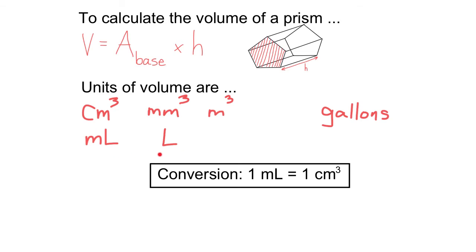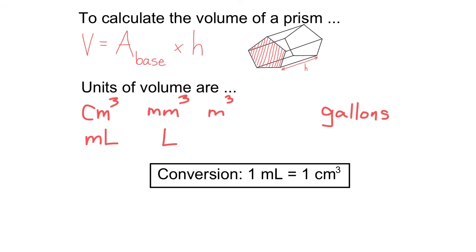Now these units of volume, milliliters and liters, are more familiar when we're talking about containers that have drinks and such in them. And there's a conversion. An easy one to remember is 1 milliliter is the same as 1 cubic centimeter, or centimeters cubed. They are the same. So if you know that 1 centimeter cubed is the same as 1 milliliter, you can change between different metric